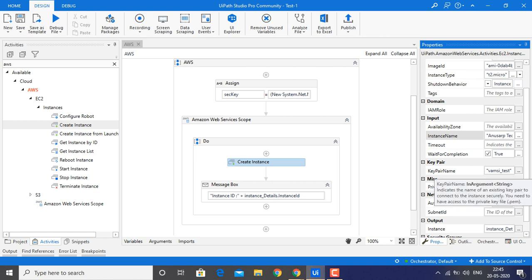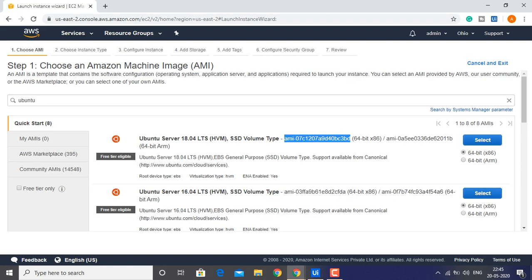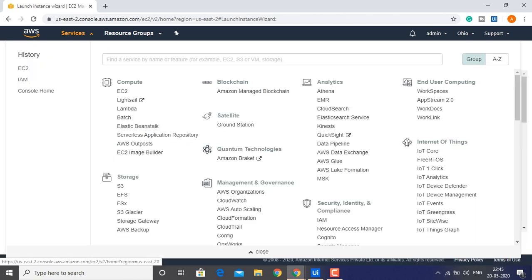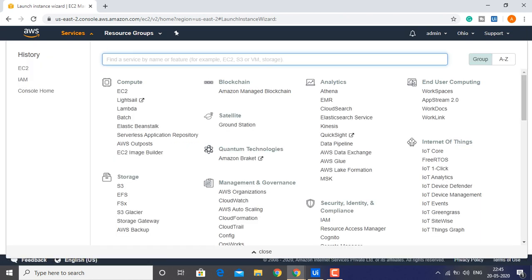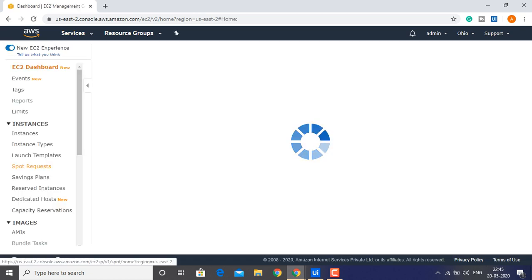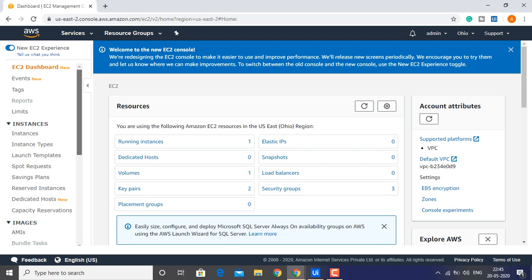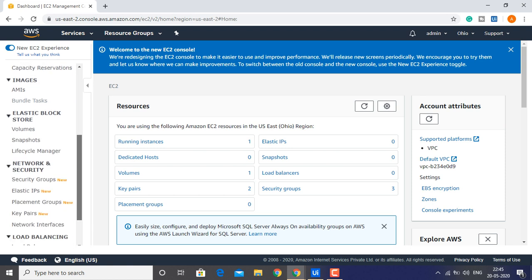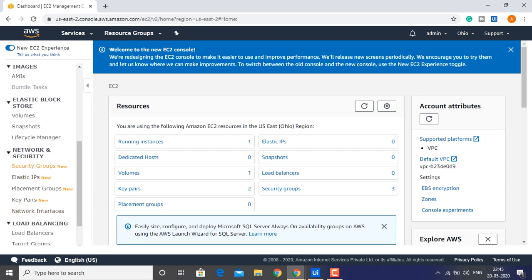We have taken a key pair name. I have provided it as Vamsi_test. I will show you where it is available. In EC2, in the left side panel, security groups are available.